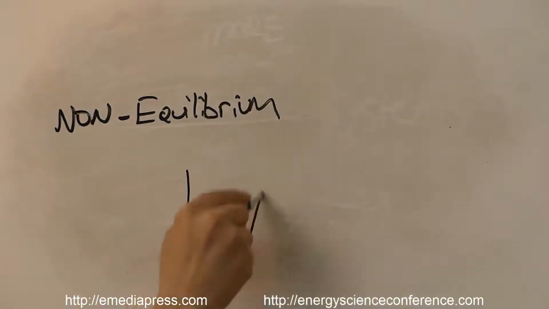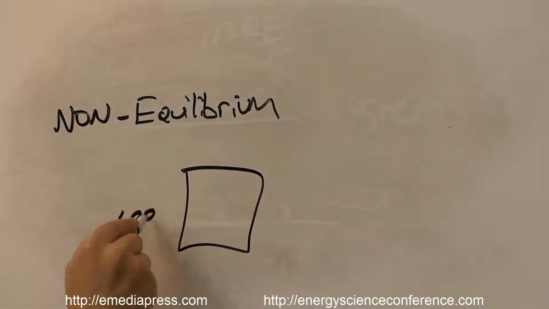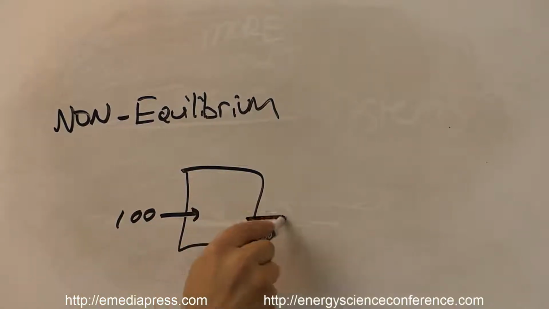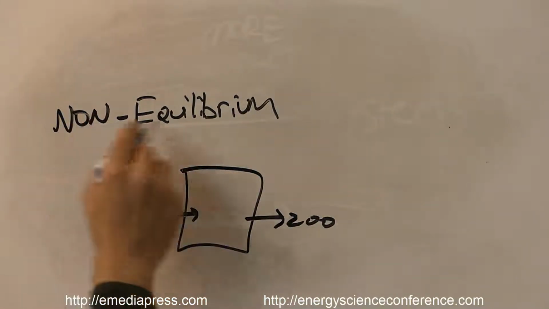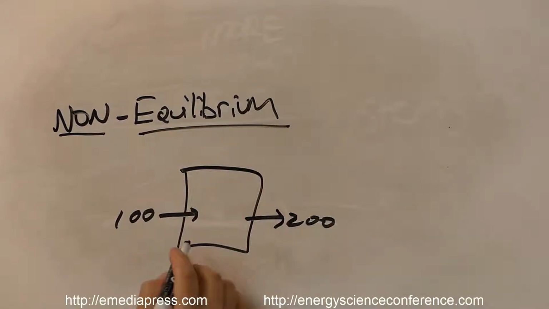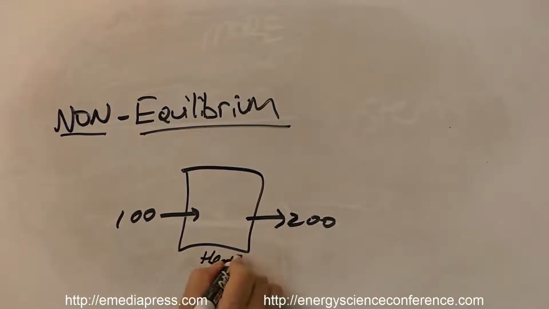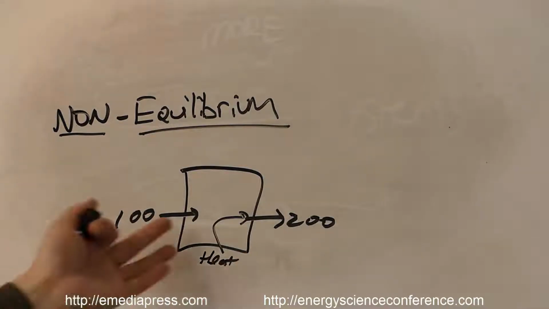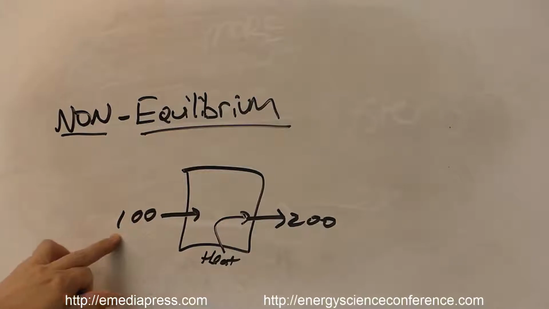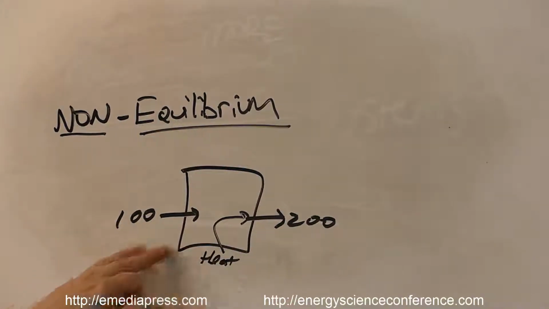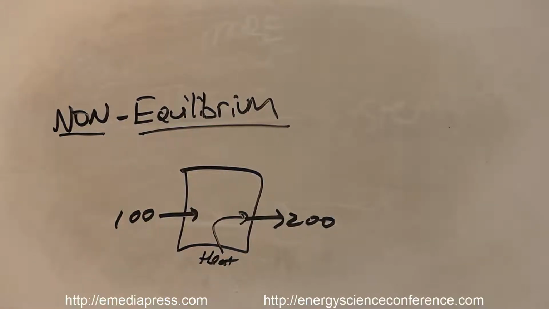Because if you have this system here and you put in 100 watts, but you got 200 watts of work done there, it's non-equilibrium because the heat in the system is contributing for free to work being done. When you calculate the total amount of heat movement, it's more than what you had to input. Okay? It's not more going out than going in, it's more going out than what you put in, which implies